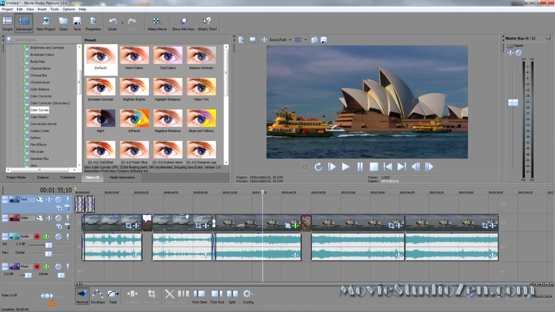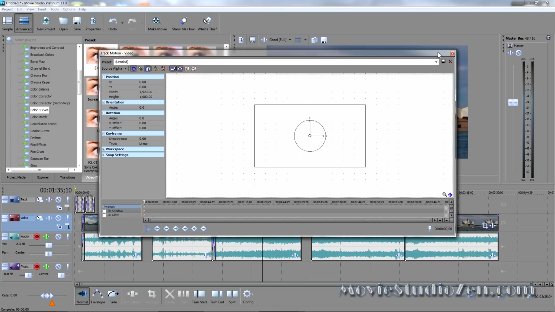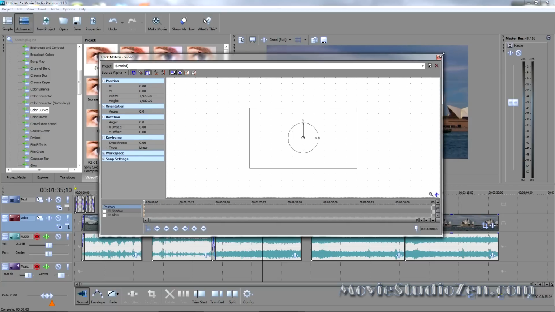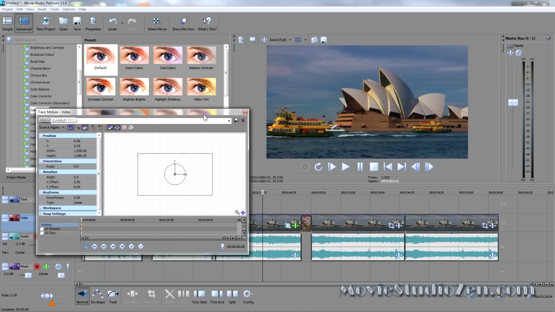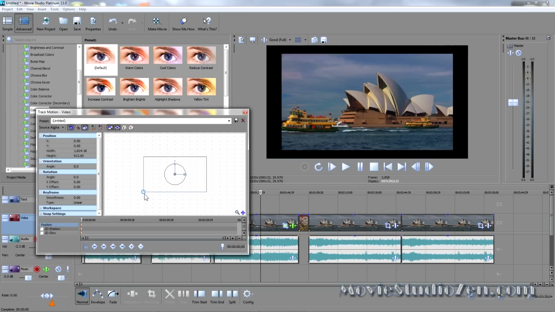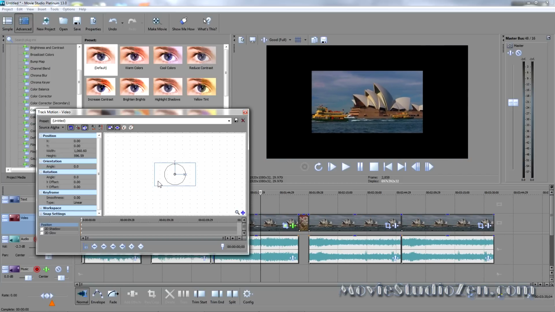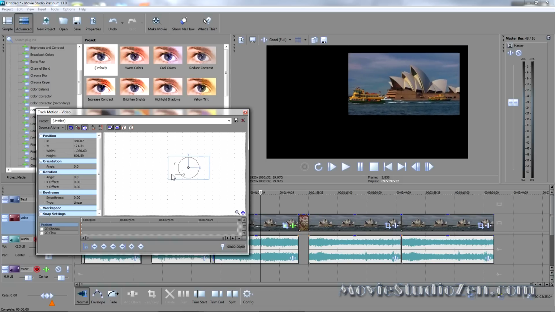The last major tool I'll just briefly show you is the track motion tool. Track motion tool, when you apply it, affects everything on the track all at once. Now, if the window opens up and it's a bit crazy like that, you can just resize it very easily. And this is the tool that you would use if you want to create a picture-in-picture effect. So if I grab hold of a corner and then do something like this,